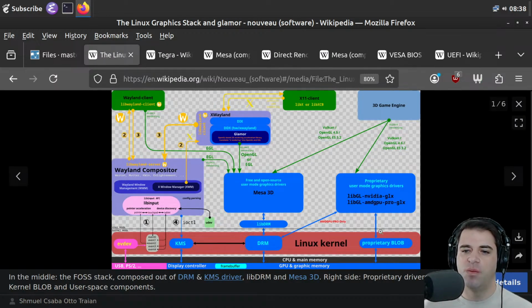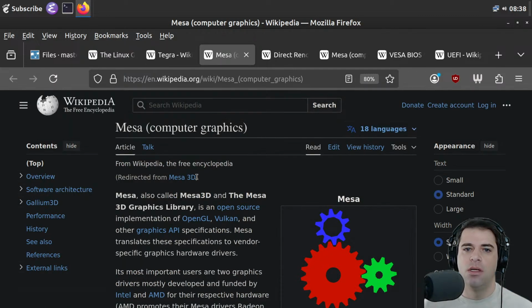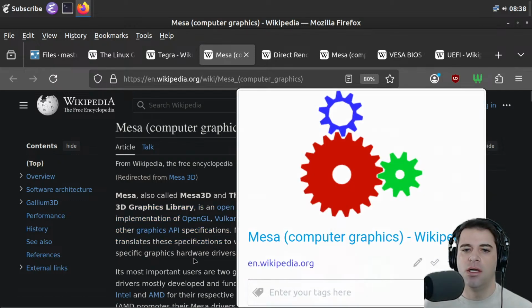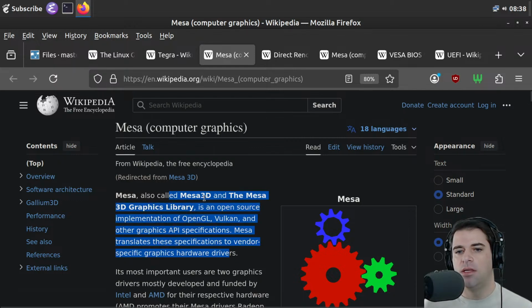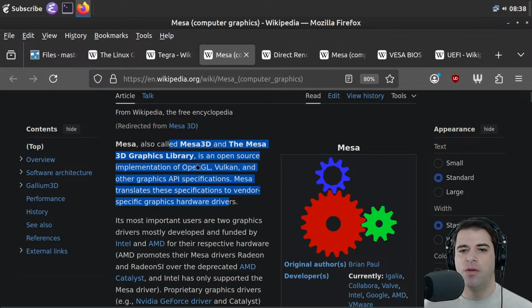Okay, and then over here, for some reason, we have a proprietary blob, which also talks to DRM. And this is like libGL, NVIDIA GLX, libGL, AMD GPU Pro GLX. But if you don't have the proprietary blob, then you can use the free and open source drivers, which somehow will use Mesa 3D. So maybe this is like another layer in between. So Mesa is an open source implementation of OpenGL, Vulkan, and other graphics API specifications. So I'm going to think of this as essentially Mesa 3D is an open source repo that implements some common APIs. And I believe OpenGL and Vulkan are both,